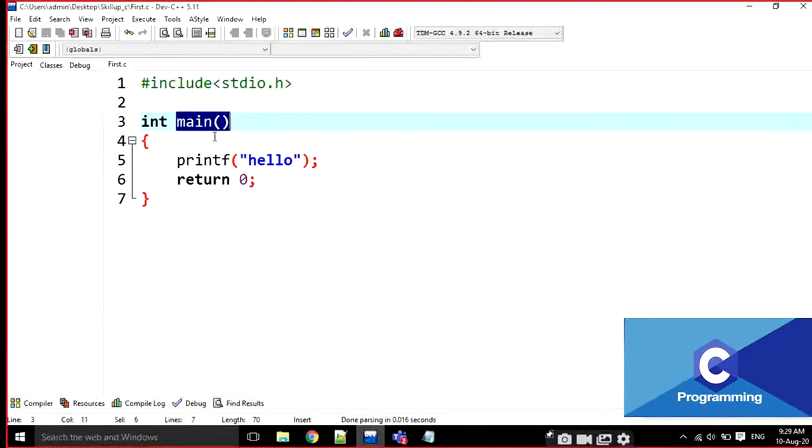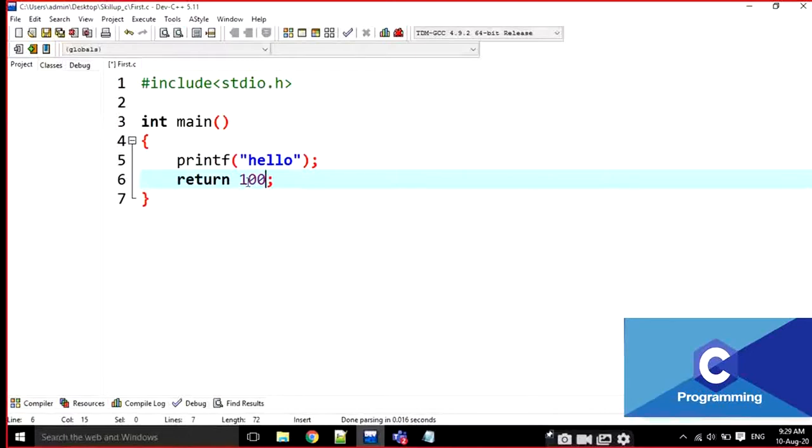If you are doing some function, this is called a return type. What is this? This is called a return type. This function is going to give some output as an integer value. That's why I'm writing return 0 here. Instead of return 0, we can write any integer value, no doubt about that. Or we can return nothing. That's why I'm writing like this.